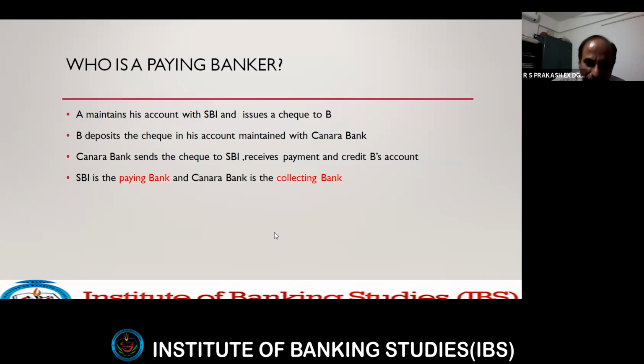See, demand draft is nothing but a banker's check. That's why in some banks, they call it a banker's check. Some banks call it a pay order. And many banks call it a demand draft. The only difference between an ordinary check and a demand draft is that a demand draft is an instrument payable on demand, because you cannot issue a bearer draft. See, there is a concept called a bearer draft.